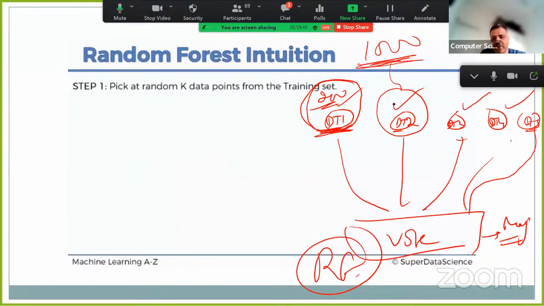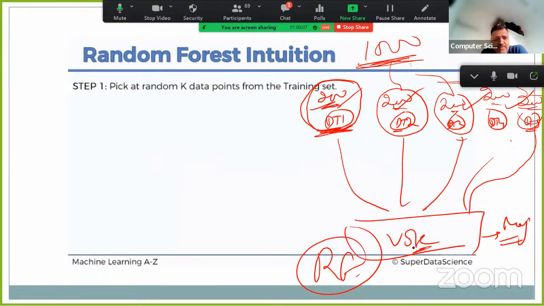I will pick the next 200 random records and give them to decision tree 2. The next 200 random records I will give to the next one. So I will randomly pick 200 records for each one, and they will make their decision tree only by seeing those 200 records which I am supplying them. They will make their prediction and then finally I am going with the majority. So this is the intuition of using random forest, and in this case we will be